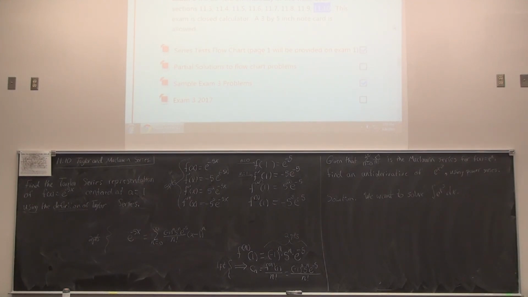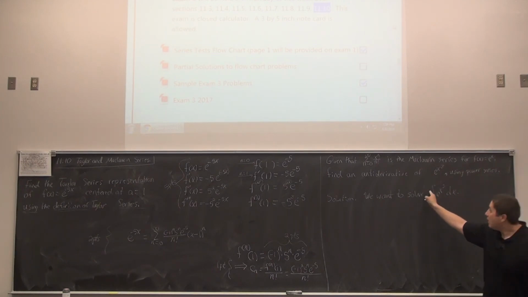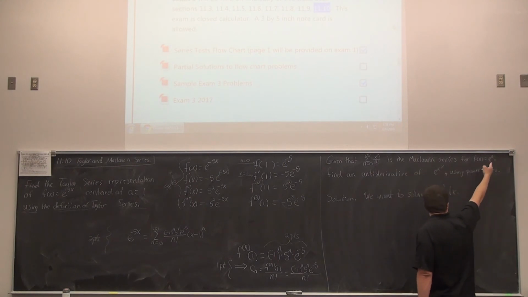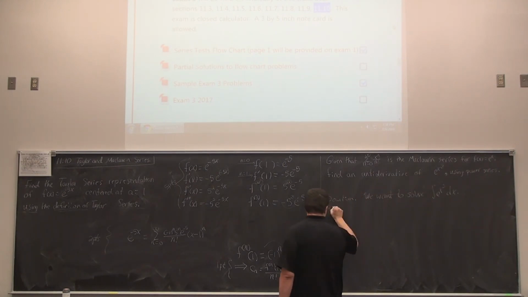We're not going to get a closed form solution to this, and the author's book says it's in fact impossible. There is no one function whose antiderivative in closed form is equal to e to the x cubed. But if we use power series, it's not going to be what we mean by a closed form answer. We do get an answer, so we're going to do that next. So this is just an assertion of what we're trying to get. All we're knowing is that this is the Maclaurin series for e to the x. So we know